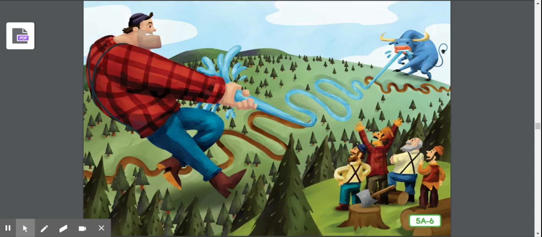One day, the logging bosses got to talking. One of them said that the United States was a fine country, to be sure, but it could still stand a little improvement. For one thing, it could use a few more rivers. And what it really needed was a big river running right down the middle of the country, all the way from Minnesota down to New Orleans. If we had a river like that, the man said, we could ship timber down to New Orleans and all around the world. Anyone know what river they're talking about?